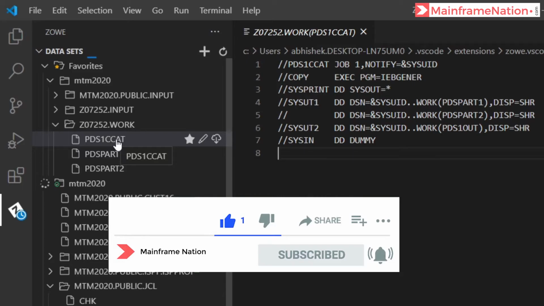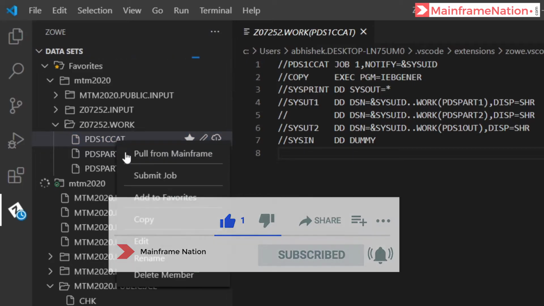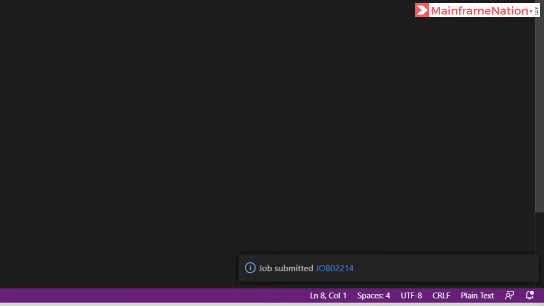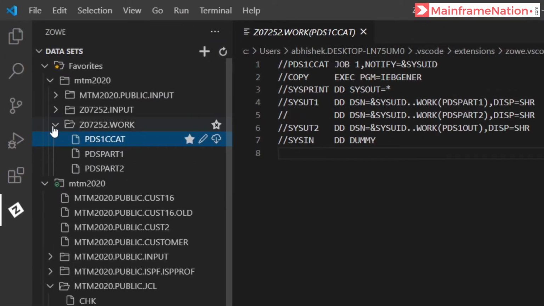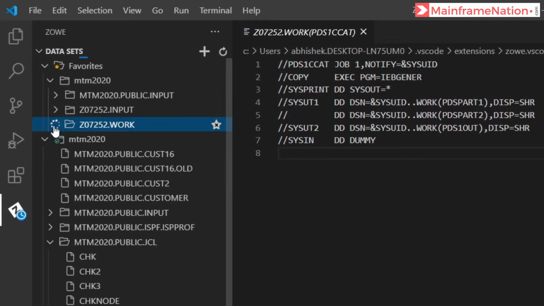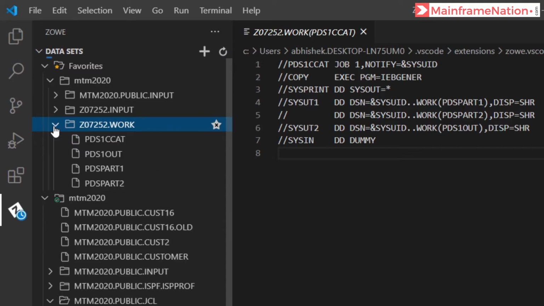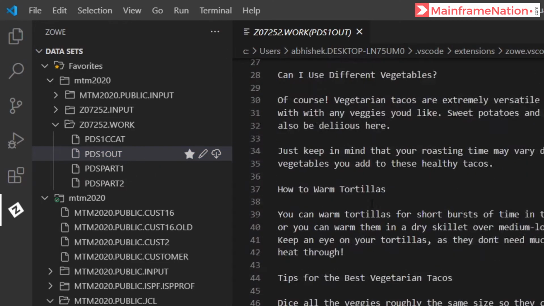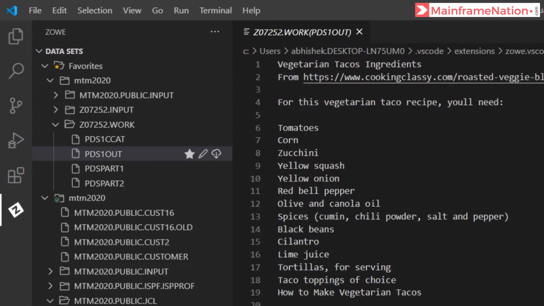and then we have to submit this job. So right click and click on submit job. Job submitted. After a few moments you can collapse this and open it again. So we will see a new member called PDS1 out. Click on it and you will see this is the content of this dataset.